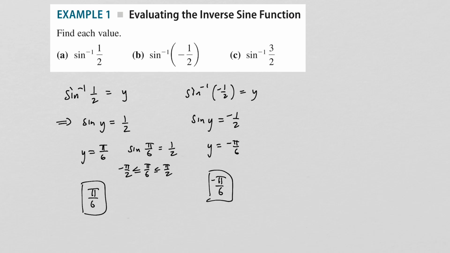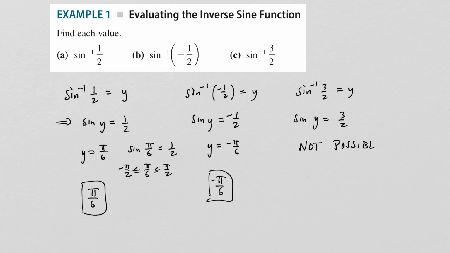And finally, the inverse sine of 3/2. So if we have inverse sine of 3/2 equal to some y value, this would have to mean that sine of y is equal to 3/2. However, this is not possible